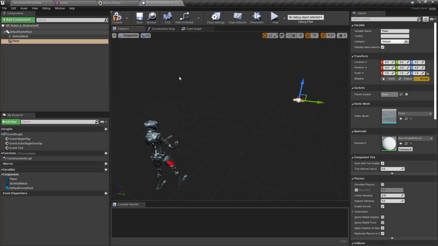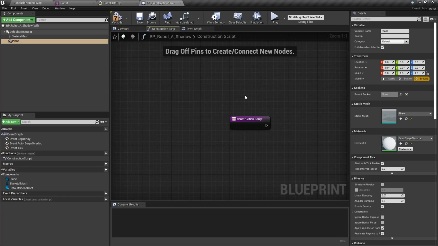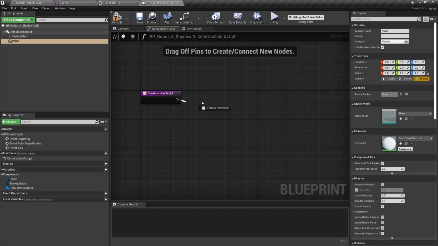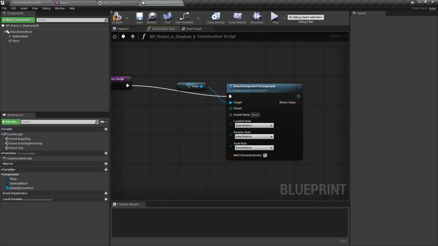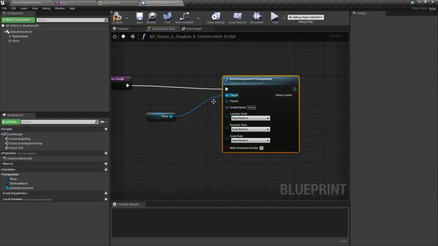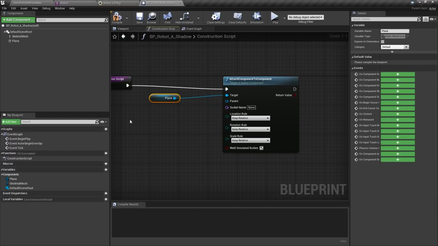Well, you do that in the construction script. So we'll jump over to the construction script, pull off of that, and search for attach. We're going to do a component to component attach of the plane. The next step is to define what's going to drive that plane, or the parent. So we're going to grab the skeleton mesh, drag that into the construction script, and wire that into parent.